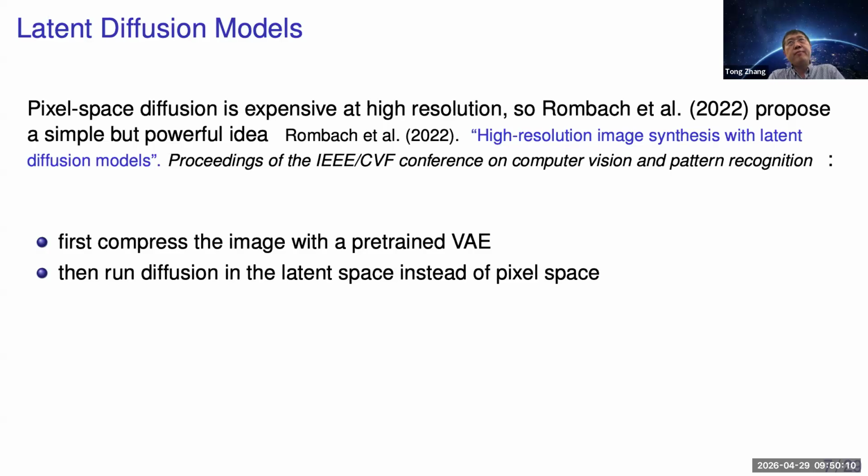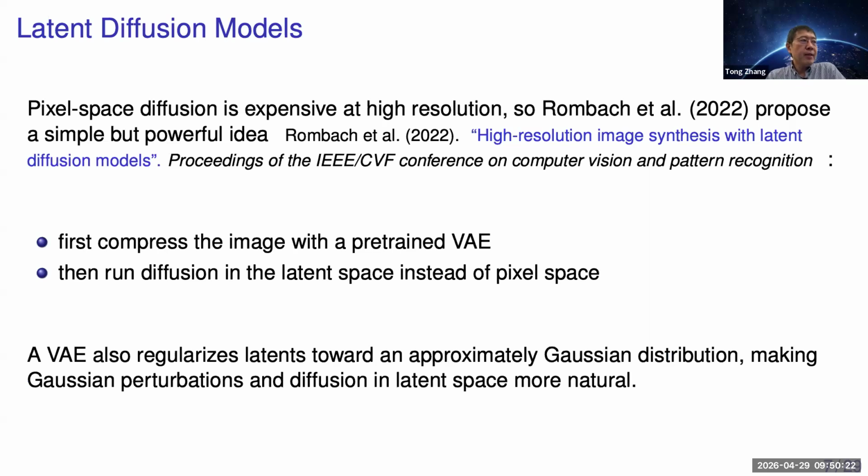It's still an image, a smaller image, 32 by 32 by 4. Therefore, you still need a UNet because they still have a structure. So this is an idea. VAE also regularizes the latents towards an approximate Gaussian distribution. That's why you use